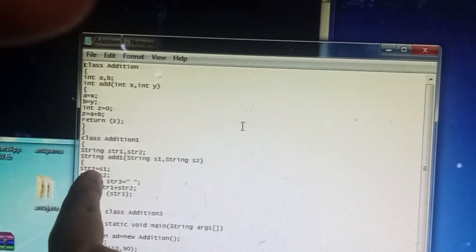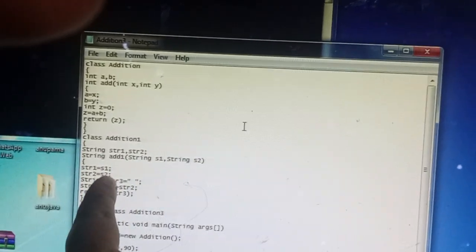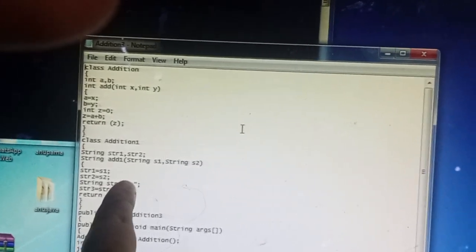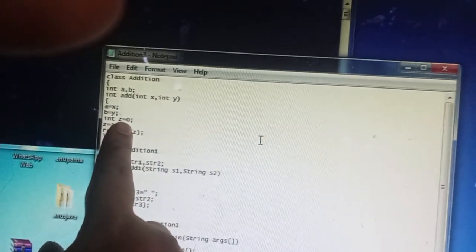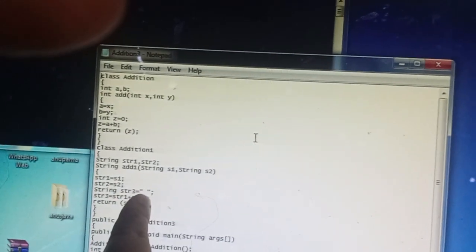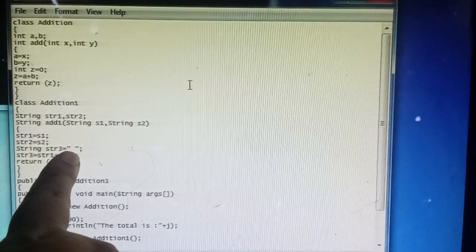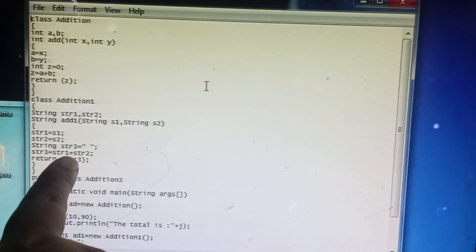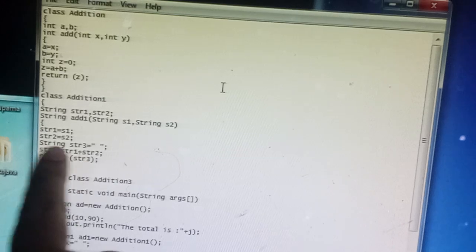Next I assigned s1 to str1, s2 to str2, and created str3 which has only a space. Just as for integer variables we initialize to 0 or 1, for character or string types we initialize to space. Next, I concatenated the two strings by using the plus operator. So here it is returning the string type data, which is str3.